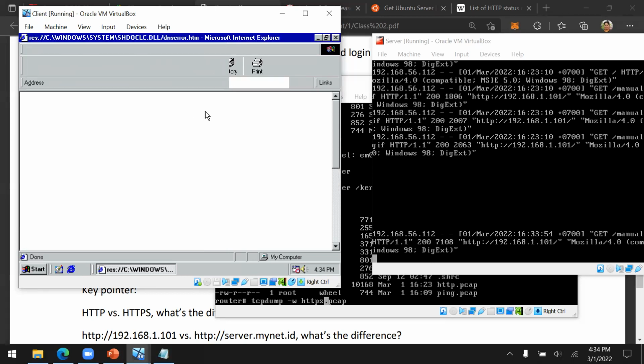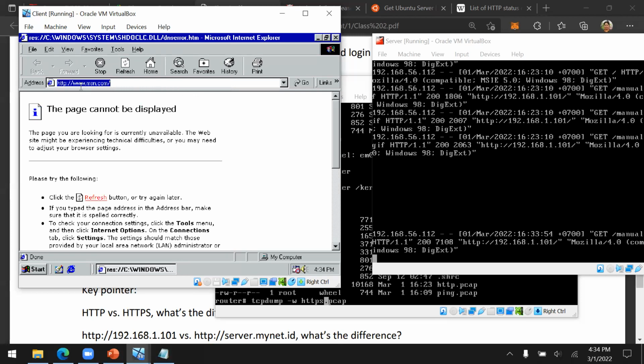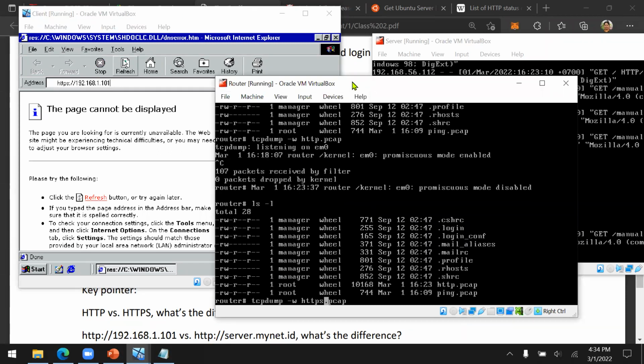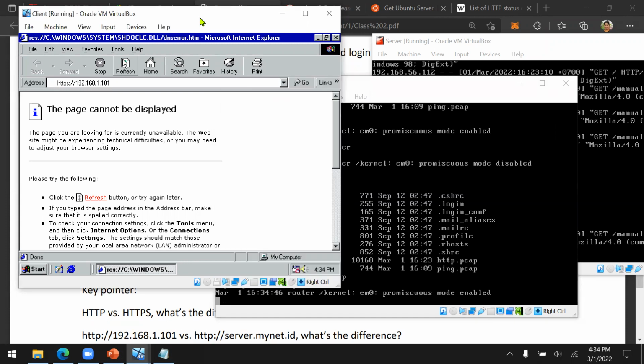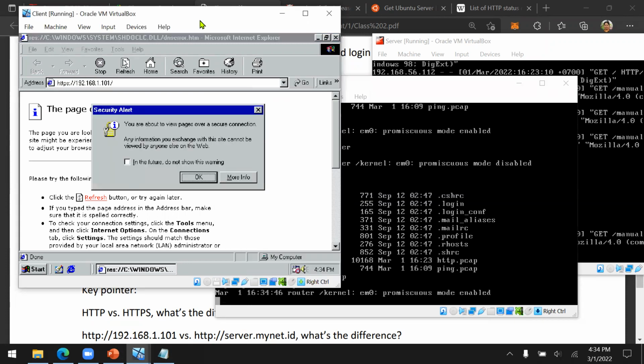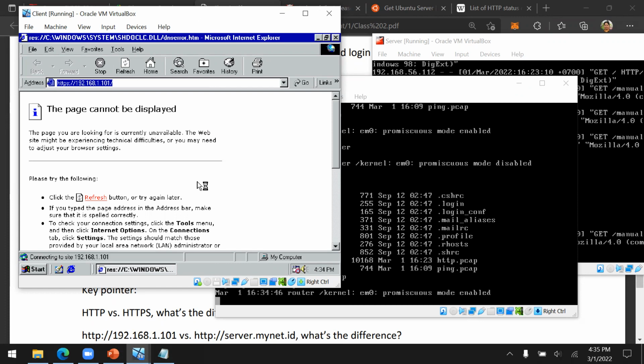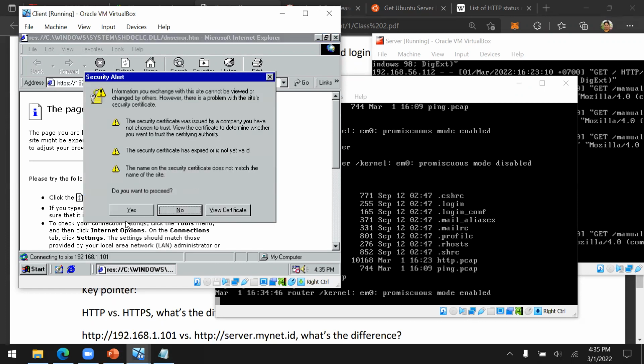Now I'm going to access the server by using HTTPS, 192.168.1.101. For that I need to capture the file. Okay, now enter. There is a security warning. Just click OK. Do you trust this server?